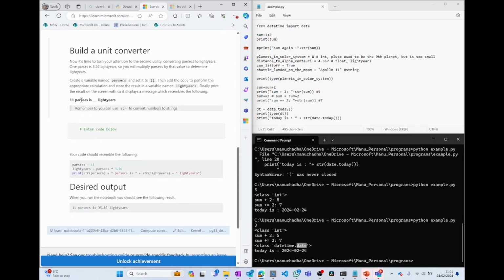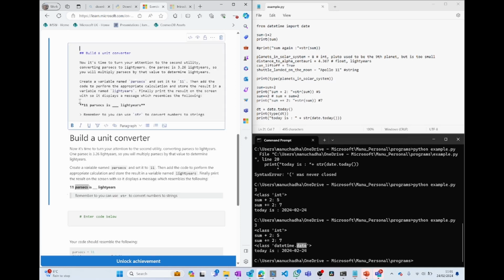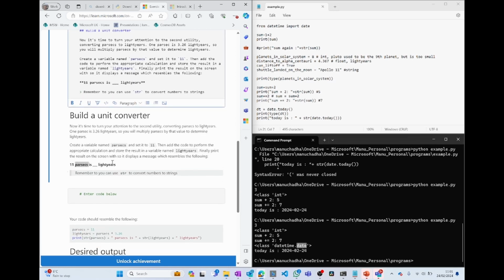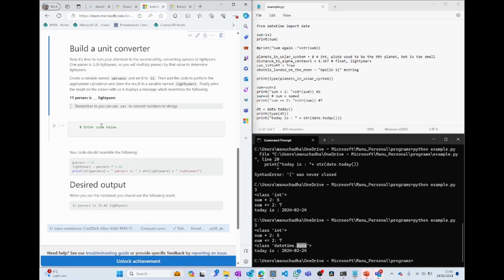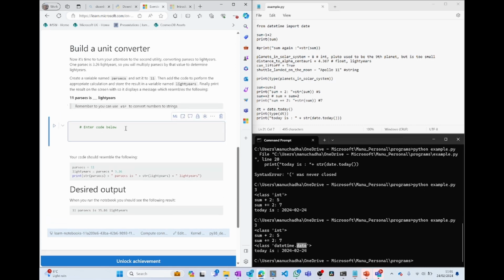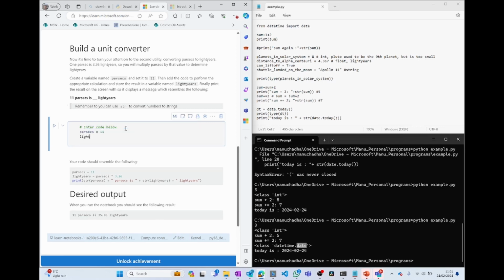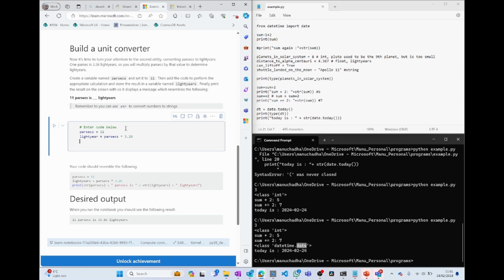Like this exercise, it's about converting a unit in parsecs into light years, and it has given an example here that one parsec is 3.26 light years. So if you want to convert 11 parsecs, what you do is basically multiply 11 by 3.26. So you can write that code here, that says parsecs is equal to 11, and then light year will be parsecs times 3.26,